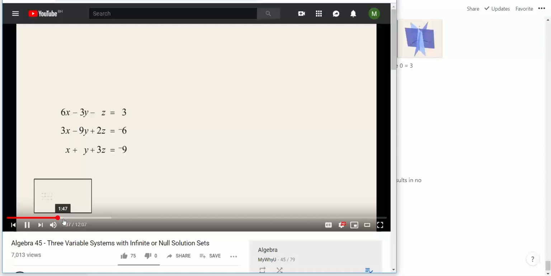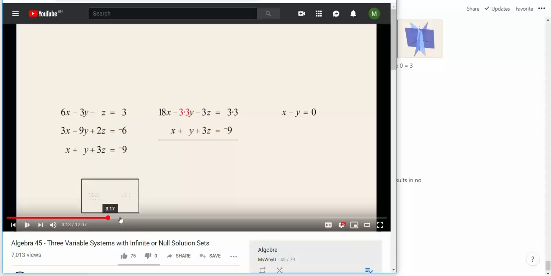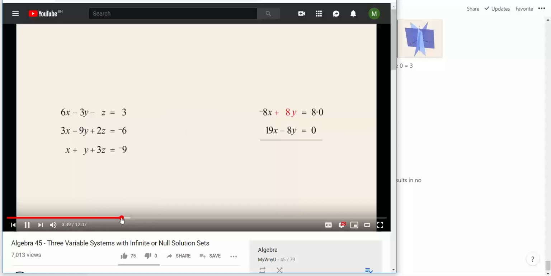By choosing two of the three equations and eliminating a variable, we get an equation in two variables. For example, in this system, let's eliminate the variable z using the first two equations, and then use the first and the third equation. Gives us: